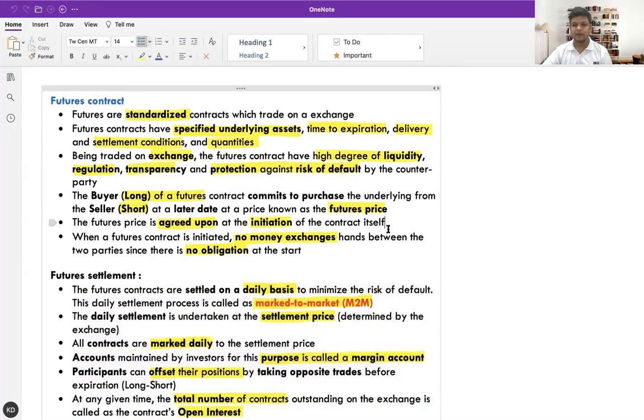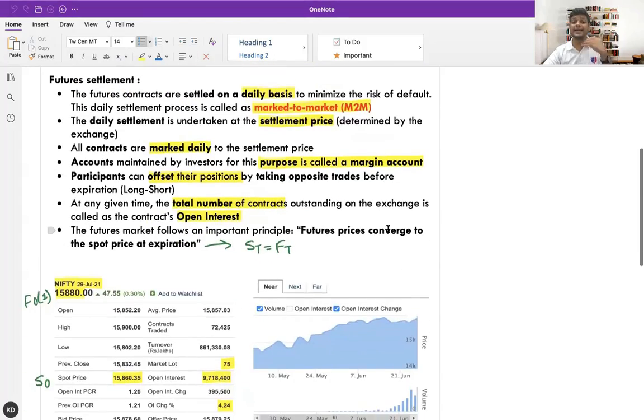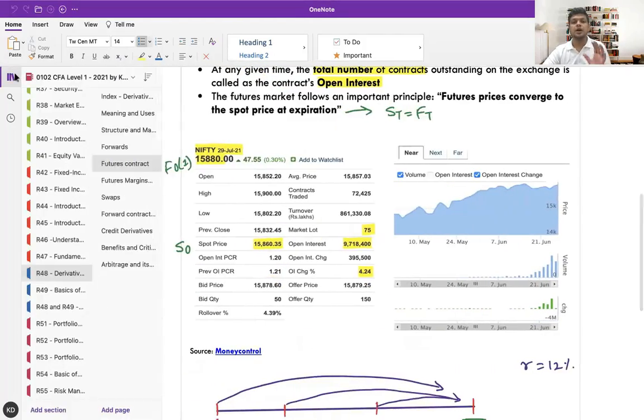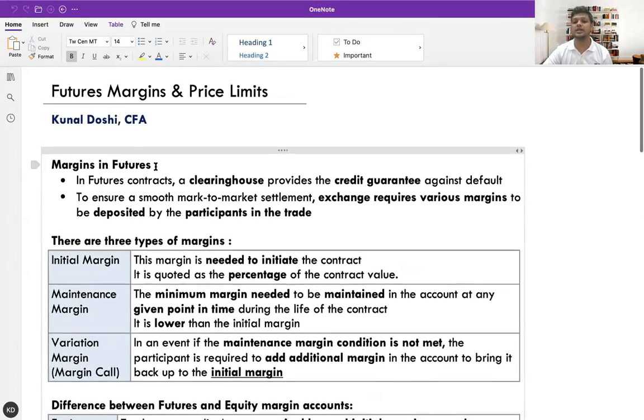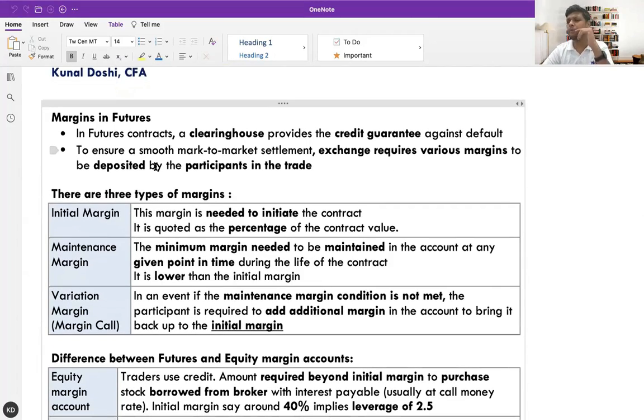Now, this is what future contract settlement is all about. Clear? Now, how the margins exactly work, that's what we need to understand. And first of all, before I proceed ahead, let me ask you, why do we collect margin? We've discussed that. Why do we collect margin? Why does the exchange collect margin? Come on. Yes, to